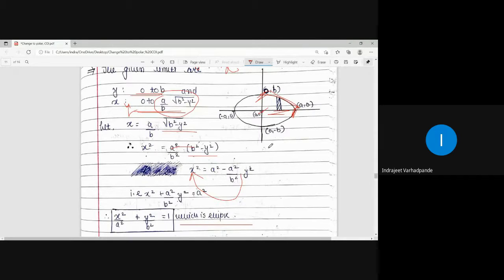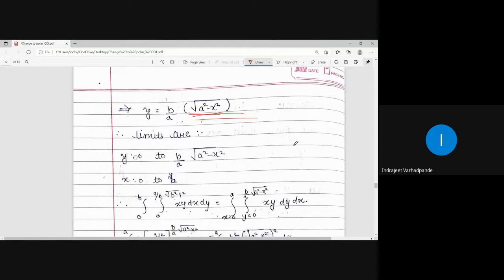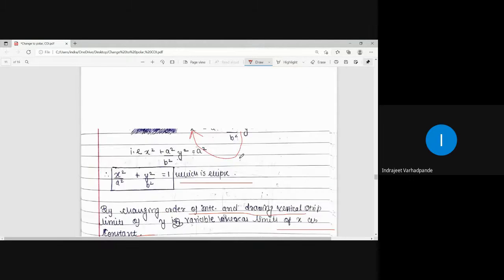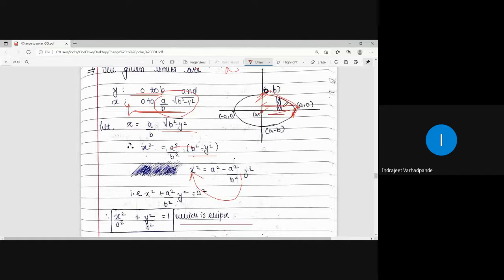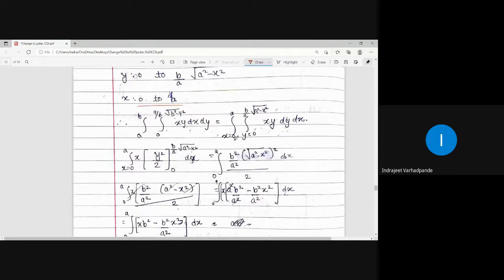What is this curve? This curve, what we are showing, is b by a under root of a square minus x square, and x is moving from 0 to a. This particular strip is moved from this point to this point. Here x is 0 and here x is equal to a. So the limits are now changed to x as 0 to a, y as 0 to b by a under root of a square minus x square. I have considered only the first quadrant because all the points have been positive. So the integration is now transformed to 0 to a, 0 to b by a under root of a square minus x square. The first integration will be with respect to y.